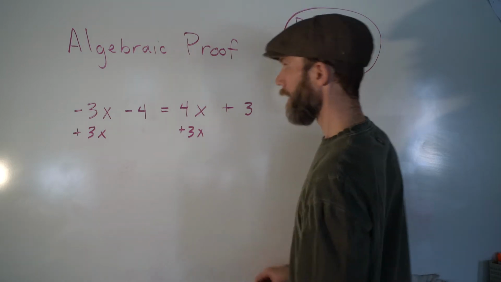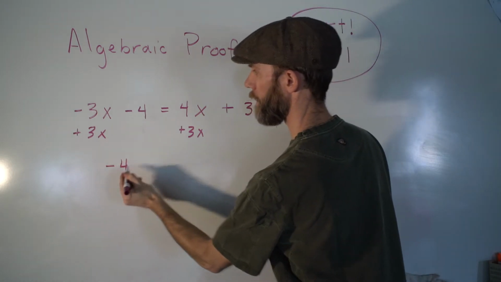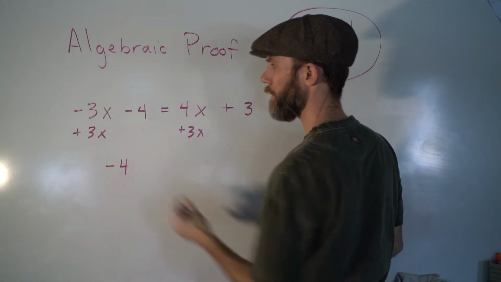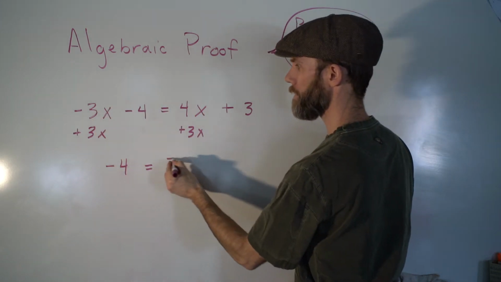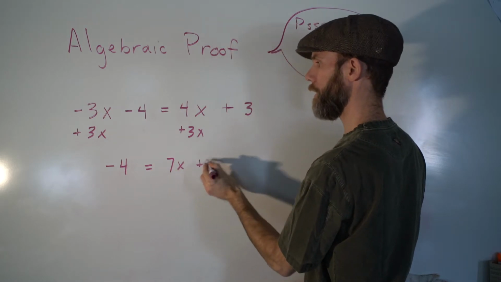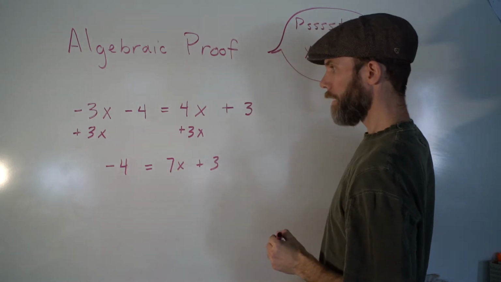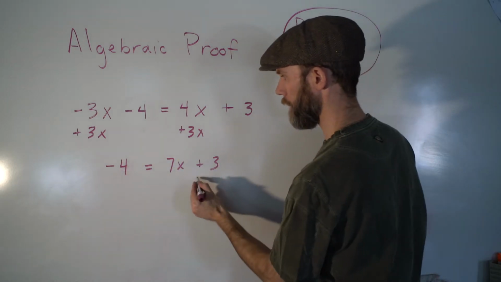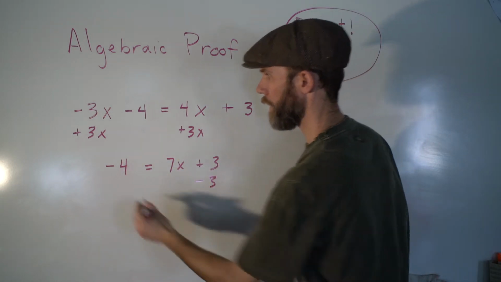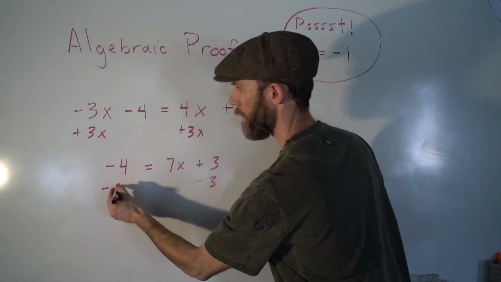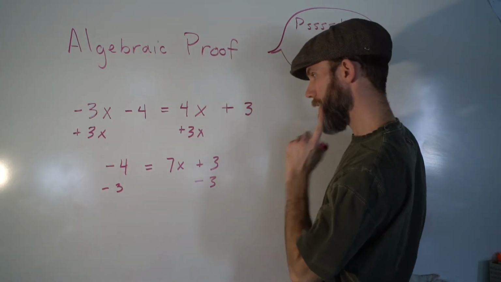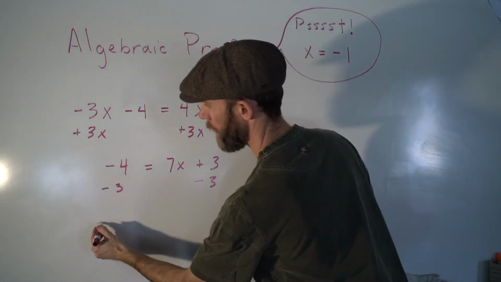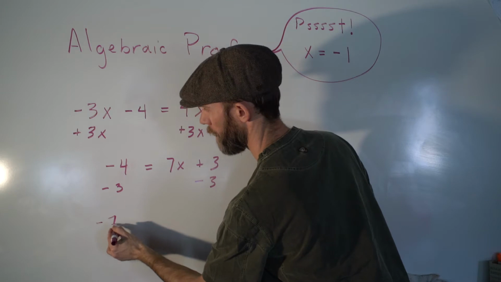I'm an optimist. So let's now simplify here, and this becomes a 0, so I don't have to write it. But this is a 7x now, and we still have a 3. All right, now constant terms, I guess, are moving to the left here. That kind of makes sense to get those together. And so I have -3 on both sides to stay balanced, and we have 7 negative equals